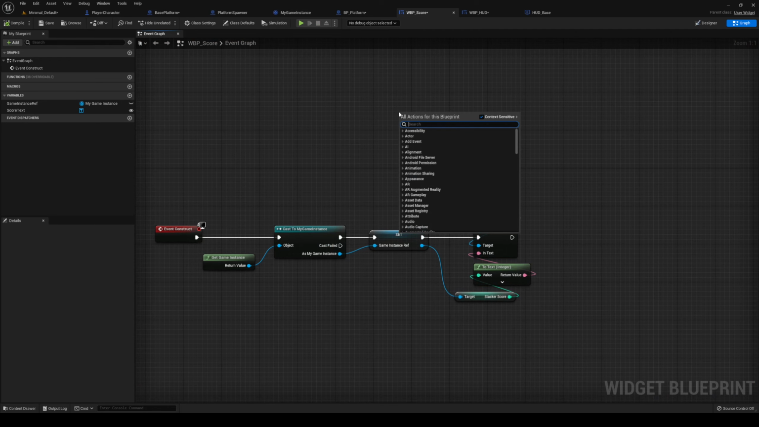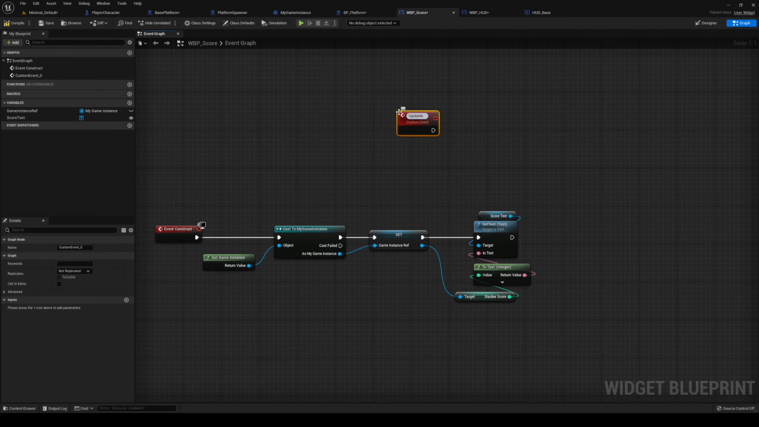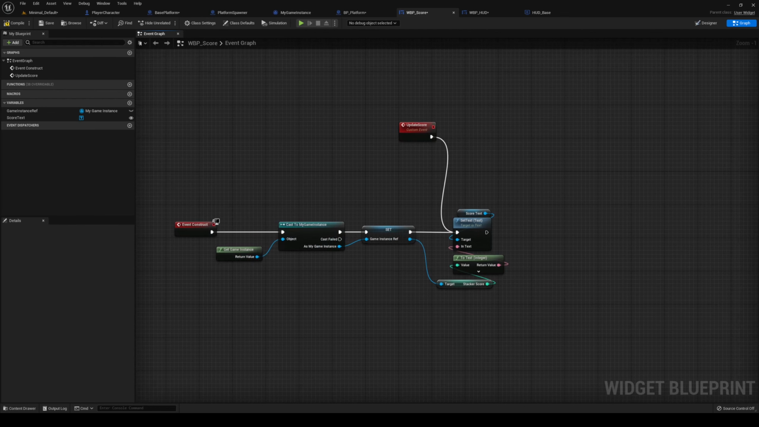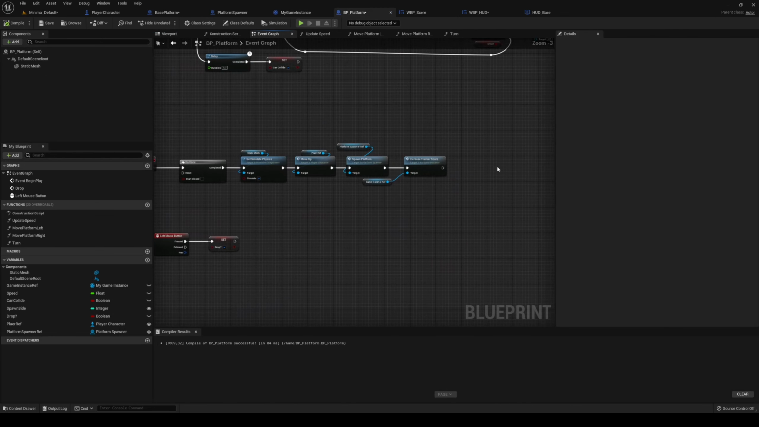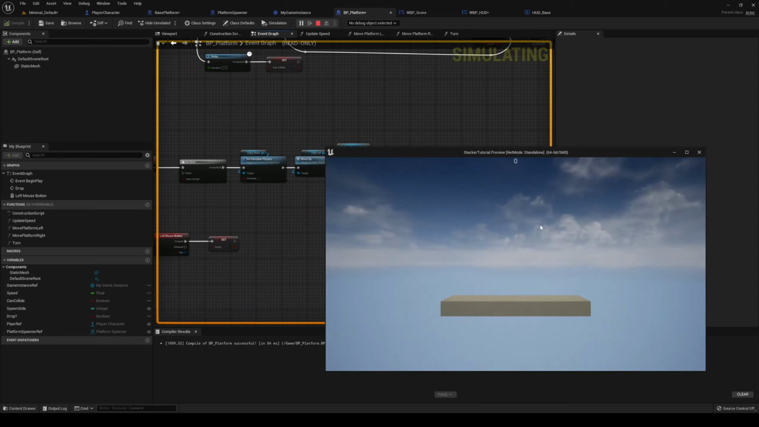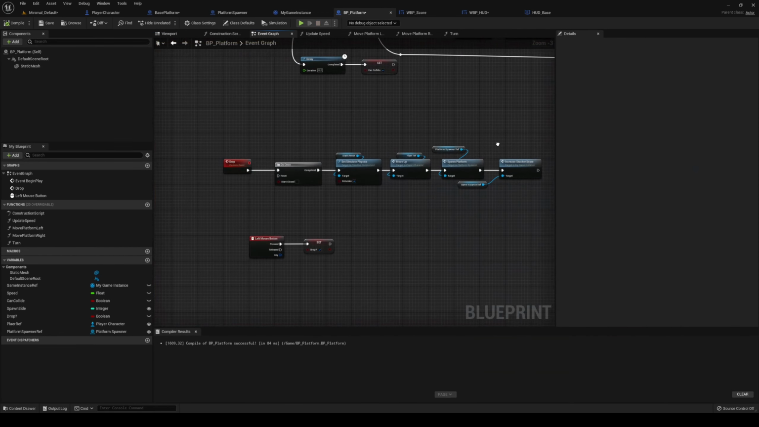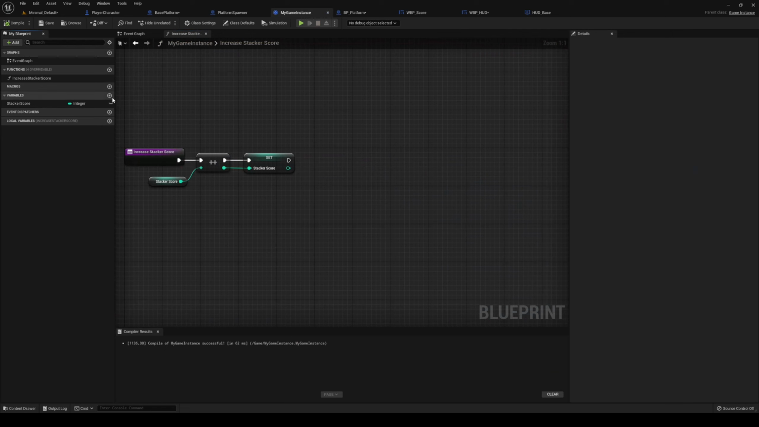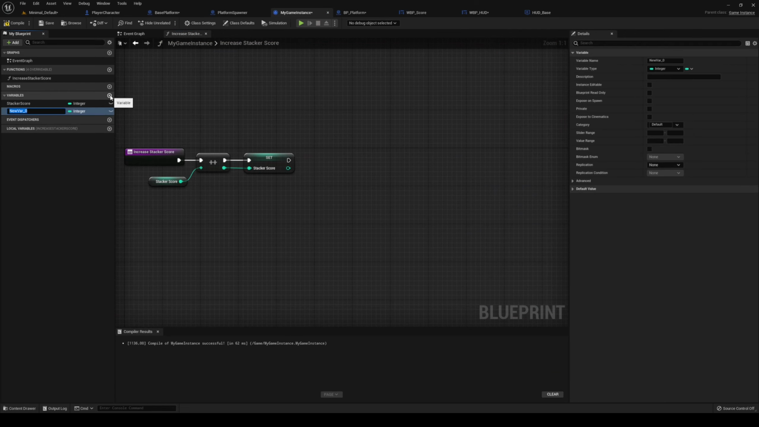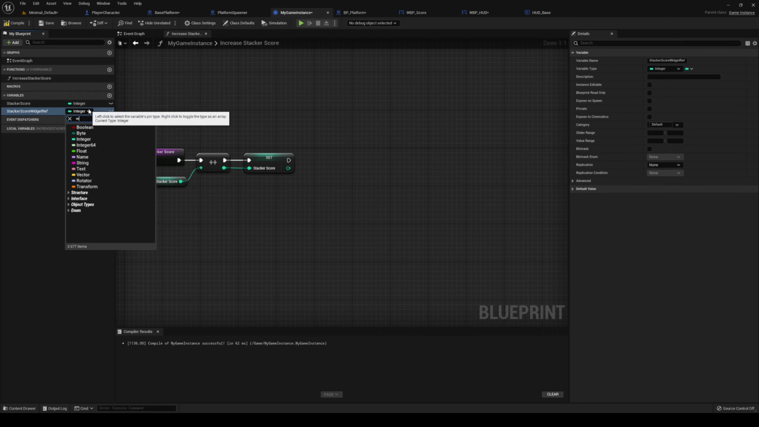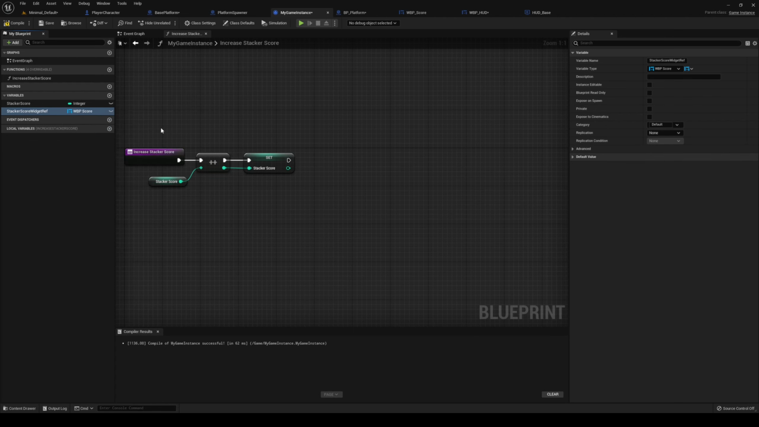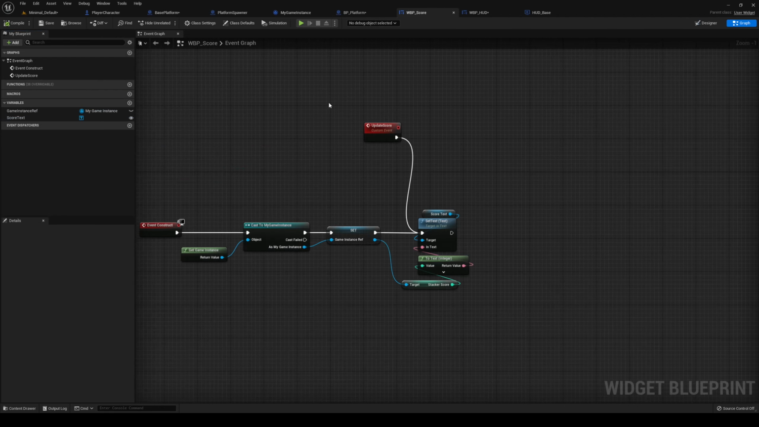But we also need a way to update it. So let's add a custom event called update score. And then plug that into there like so. Now, back on our platform for a quick second. Are we actually increasing the score? No, we're not. I forgot to call our update. So let's add a new variable into this one. I'm going to call this one stacker score widget ref. And it's going to be WP score. And then back in our score,